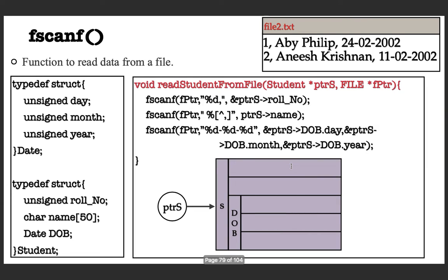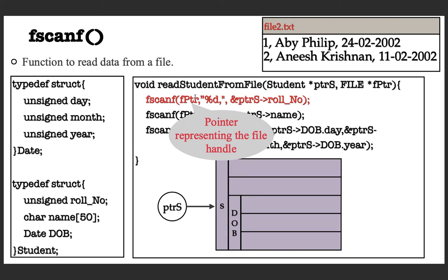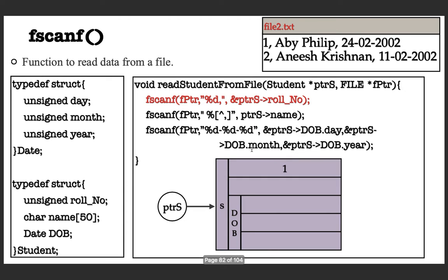Jump on to that function, you got into this, a pointer to the structure. This is the pointer to that structure. Exactly the same structure variable is now shared between main and this function, and you are also getting the handle to this file. Coming to the first statement, which is fscanf. This is the first time we are using it. And here again the only difference is the first argument, which is the extra pointer representing the file handle. Otherwise it is very much the same as that of scanf.